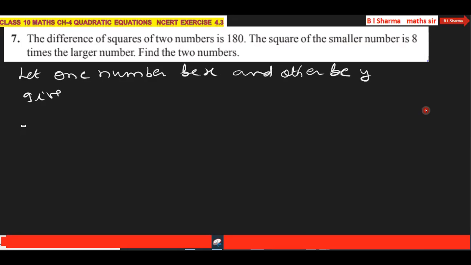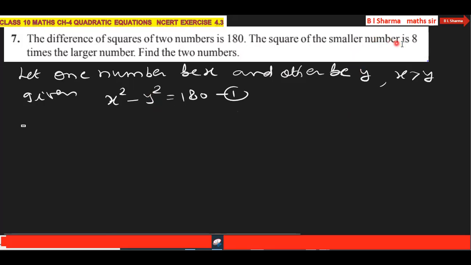Given, and the x number is greater than y. It is given x square minus y square, that is 180. क्वाड्रेटिक इक्वेशन में हमारे पास केवल एक ही वेरिएबल होना चाहिए, तो हम इस y वेरिएबल को इसको गायब हमको करना पड़ेगा. It is also given